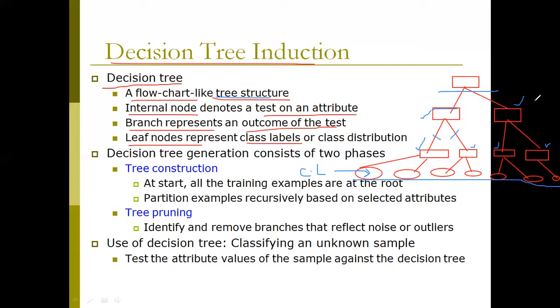Previous data, in the sense, you may say that it's a training data set. Based on the training data set, you are going to construct a tree. After constructing the tree, you are going to find out some kind of class labels. Based on those class labels, we are going to take decisions in real time. That's why you can call this tree a decision tree.